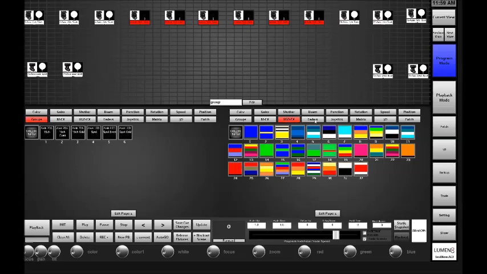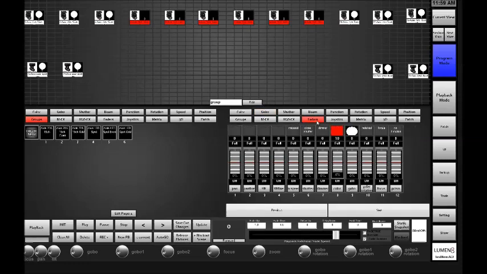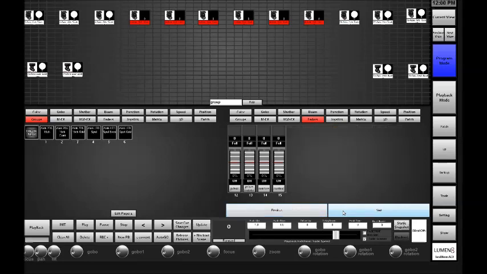Want to continue to talk about fader, direct fader control. We have these trait wheels in categories. Again, when you hit color, gobo, you'll see these trait wheels change. But sometimes you want just direct access to the faders. And again, the same thing happens when you hit the faders button. You'll get however many faders fit on your first page. And on the surface, you can hit next and previous here, and you're able to jump around and select the